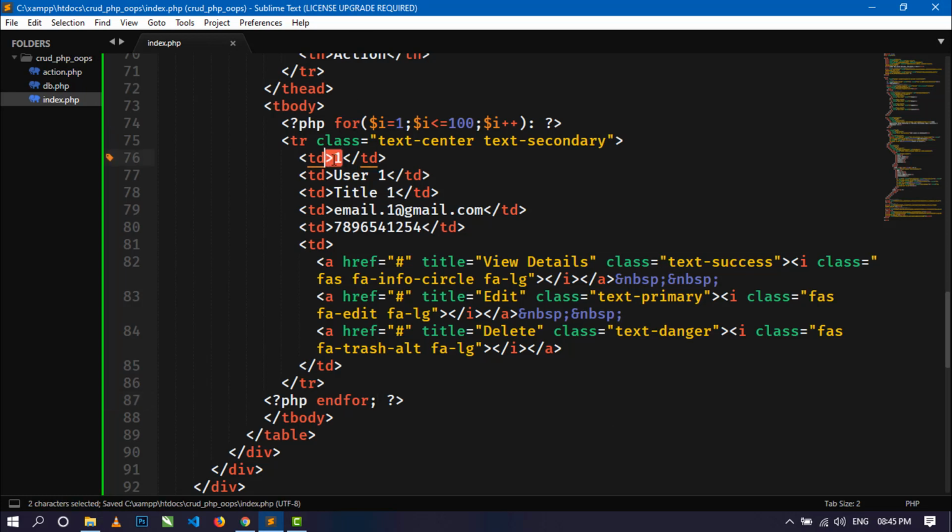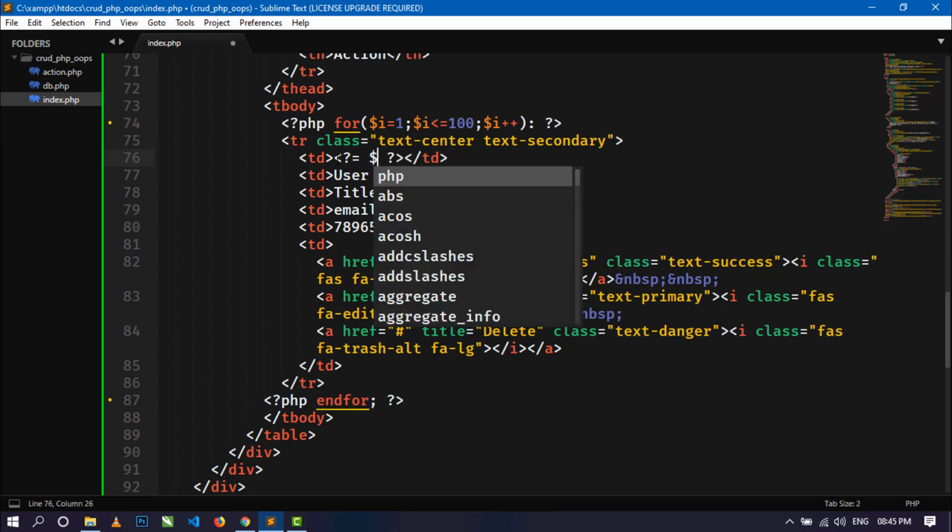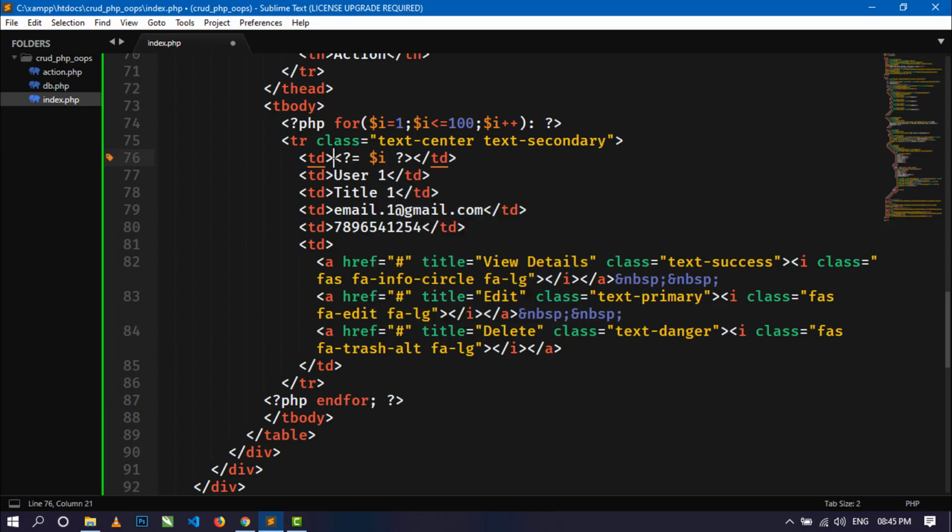Now instead here I will display the number, increment number $i, just copy and paste here